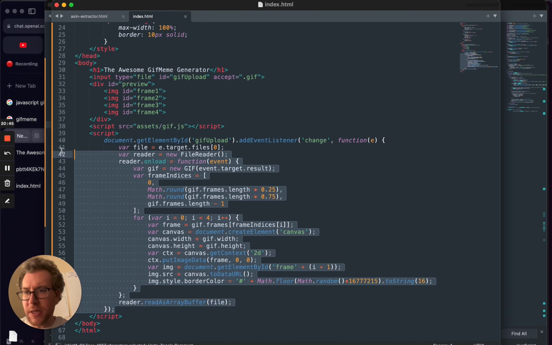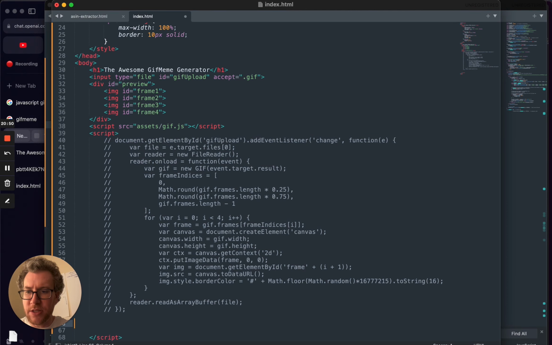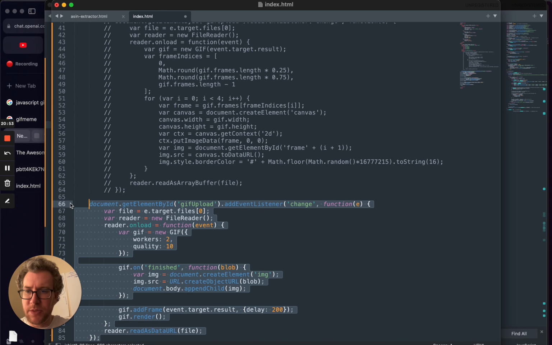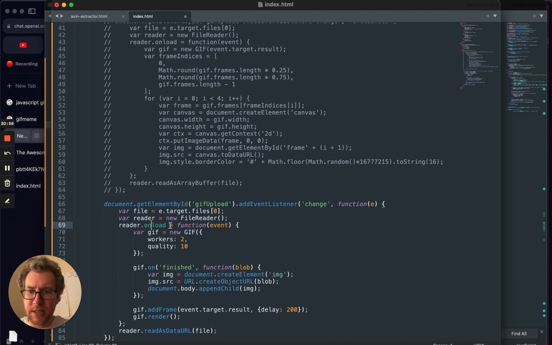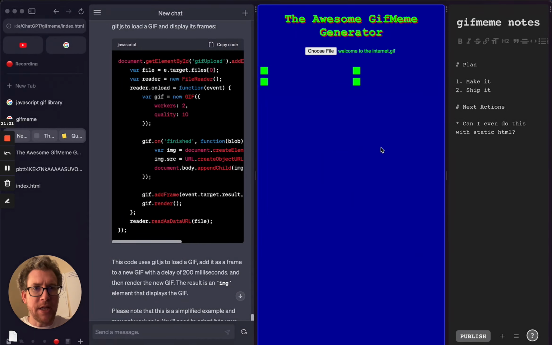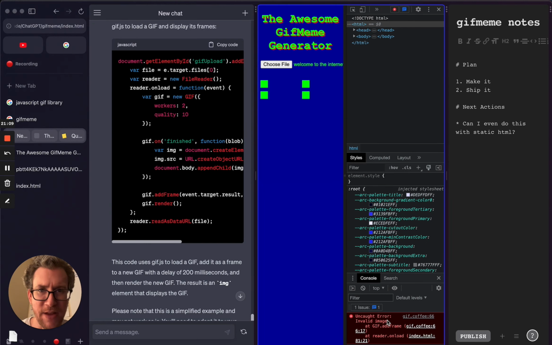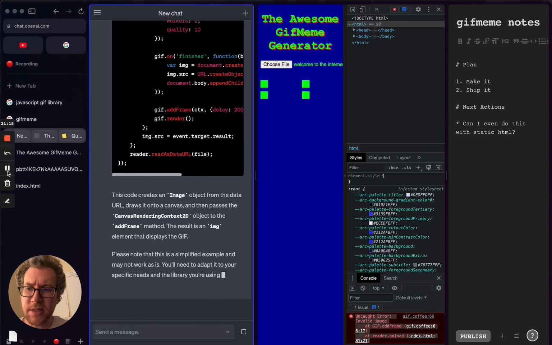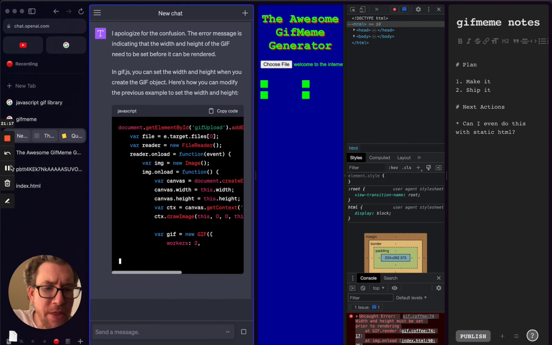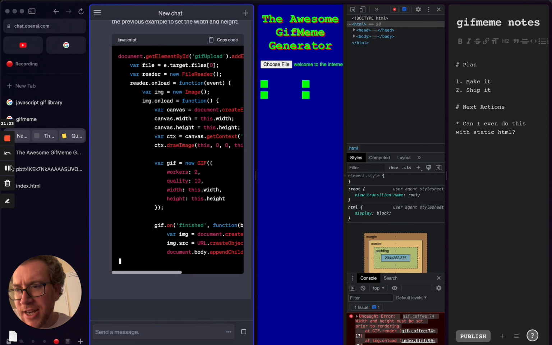So the code that it gave me isn't going to do all of the fun stuff that we just did. So I'm going to put this new code in here and comment the old, but just keep it handy because it's not going to do what we want. But we should get a single frame here again, like before. But we're not. So we're checking some assumptions here. Invalid image. All right, we've got some new code coming through. We got a new error that the width and height need to be set. So getting that next.